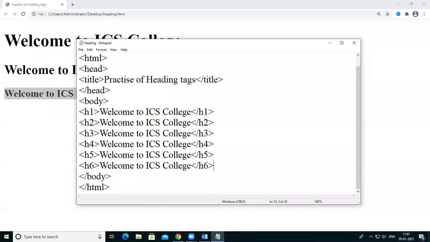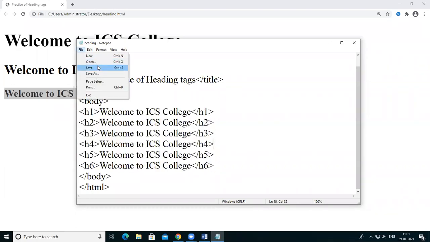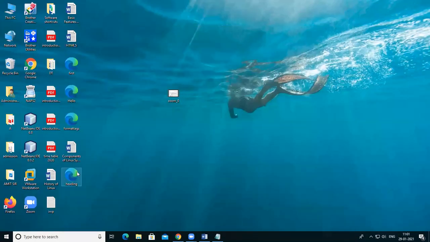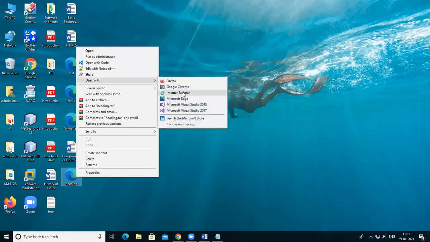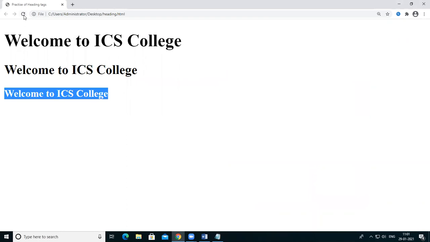So all these tags I'm mentioning in this program. Just save this. Go to the web browser. Suppose you want to open it again, then right click and open with any browser. I'm just opening this one, which is already open, so I just refresh it.